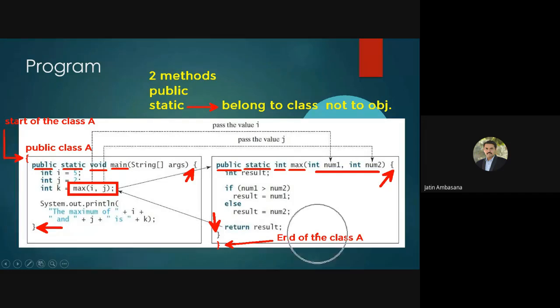Both the methods do not belong to any object, they belong to the class, so they can be directly accessed outside of this class. How can we access this? Outside of this class you can access it with the help of the class name, saying A dot max and pass two numbers to it. Outside of the class you can use it like this, by calling A dot method name, A dot max. So that is a simple use of methods, and specifically the static methods we have seen.